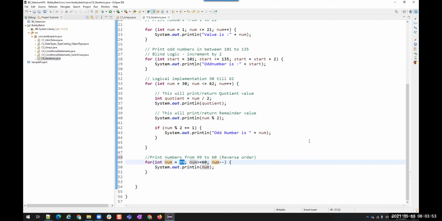Or similarly, if I don't want to directly print these values, I want to store the numbers from 60 to 99 in something, and then I want to print it in reverse order. That you can do, but we have not reached there yet. That we can achieve when we are in collections. You can store these values in collections and then print the numbers in reverse order. That can also be done, but first we have to store these values. Okay. Understood?